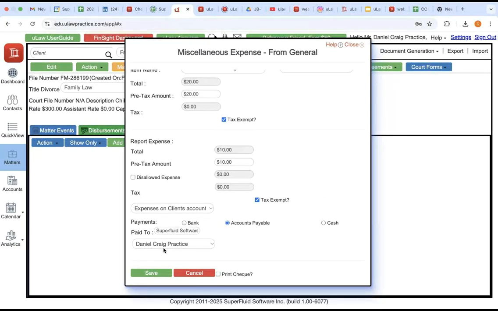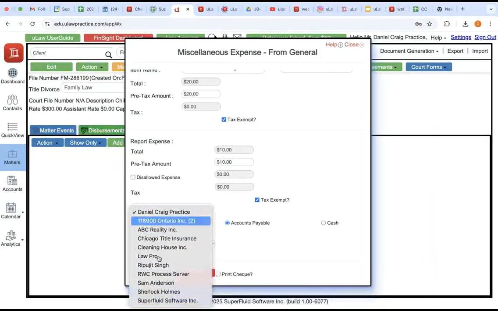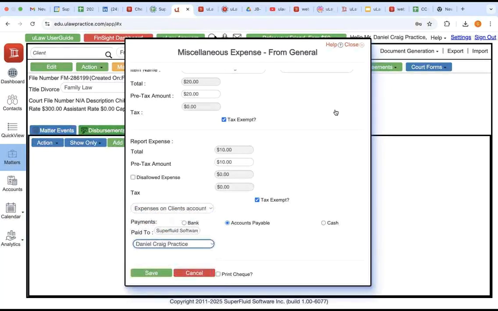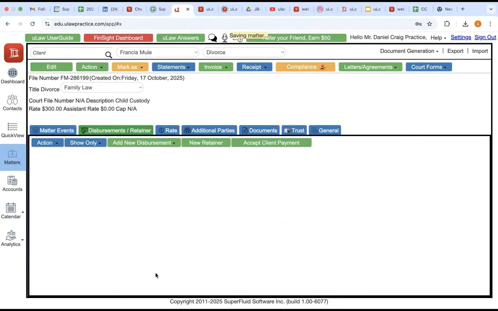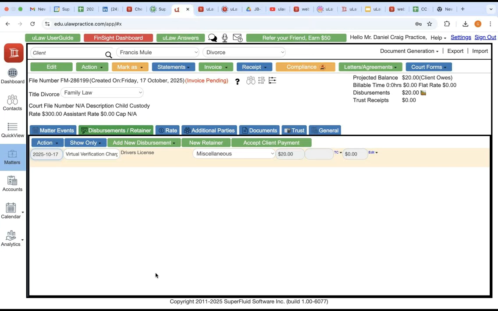You're going to be showing it as accounts payable and choose the vendor. In this case, it has to be Superfluid Software. You have to create the vendor. And then you can add it accordingly. So let's say I just leave it at email transfer for now and say goes in as a disbursement.